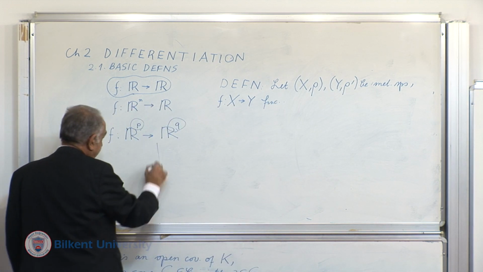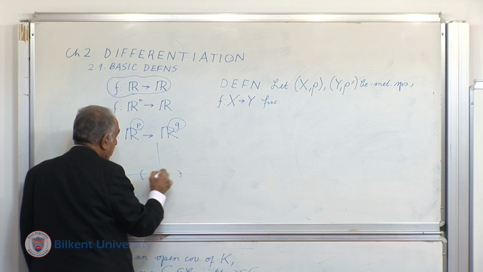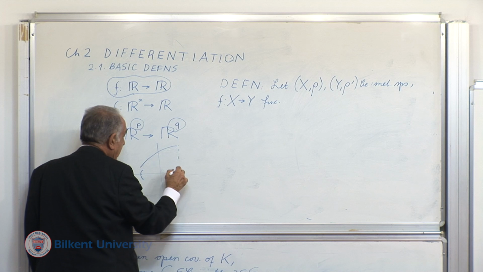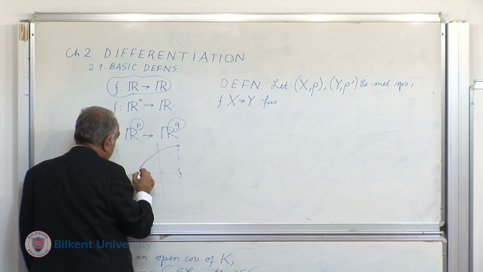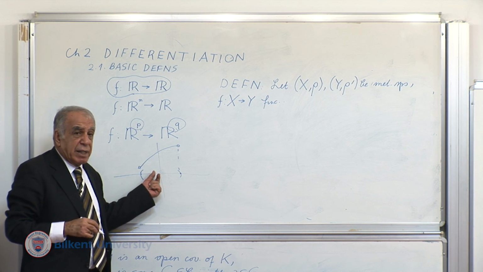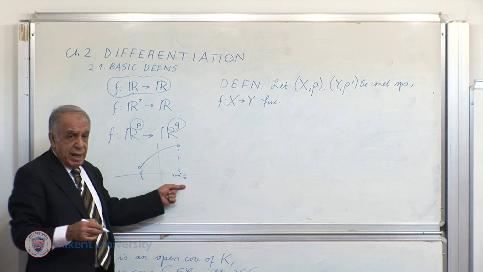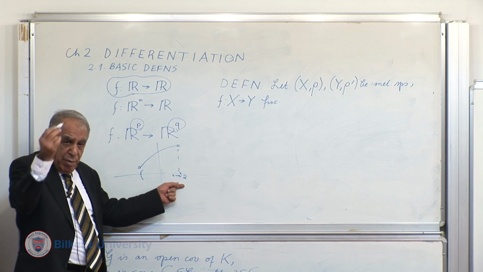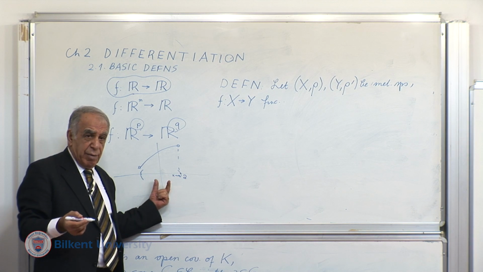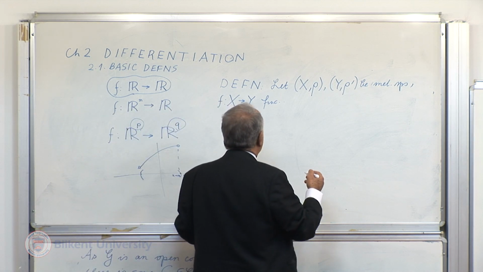Now, in calculus, suppose this is the domain of your function, and your function is something like this. But this is not in the domain. This is not in the domain either. But you can consider the limit of the value of this function as x tends to a, although a is not in the domain. But a is a cluster point of the domain. So here again, we'll define, okay, now